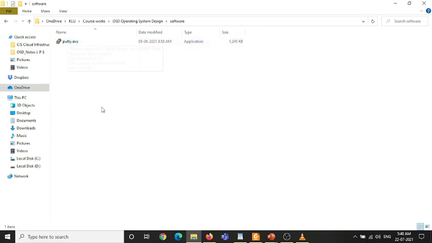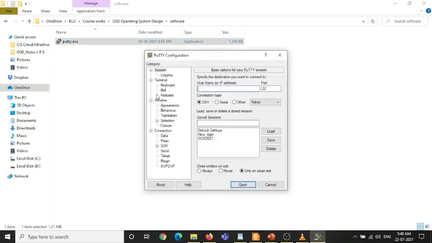After you finish downloading, you need to double click, and a window will look like this. Here you need to give this IP address, 103.206.105.92, with the port number.